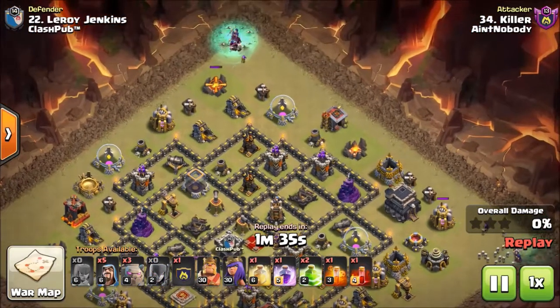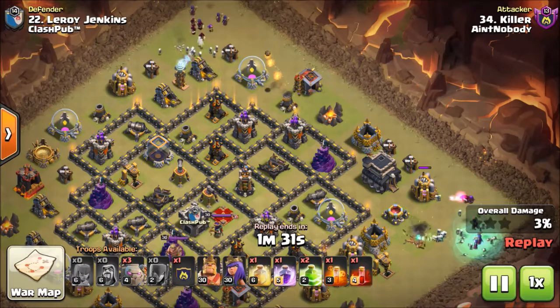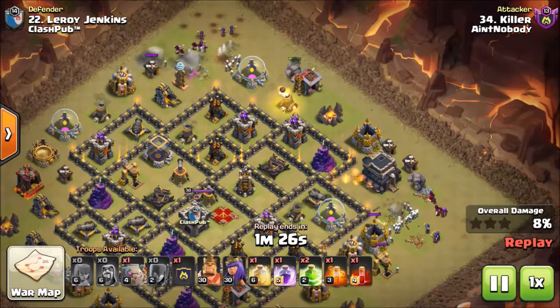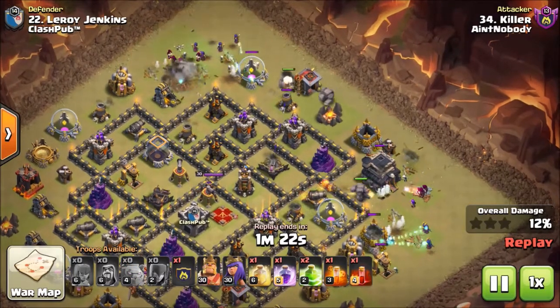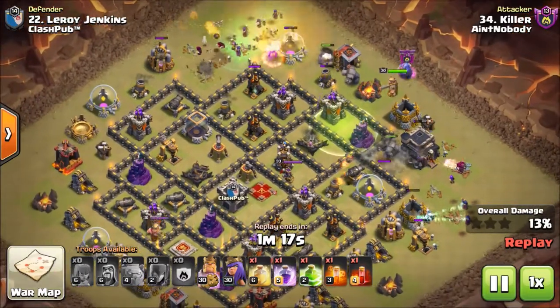Alrighty, first up we have Killer going in on opponent number 22. He deployed 2 of the archers at the very corner from which he will be starting with his witches. Obviously a very generic deployment till now, but now he will deploy his golems: 2 of the golems at 2 of the corners, and 1 golem that is supposed to go inside the base. He has CC bowlers, his heroes and two jump spells basically to connect the entirety